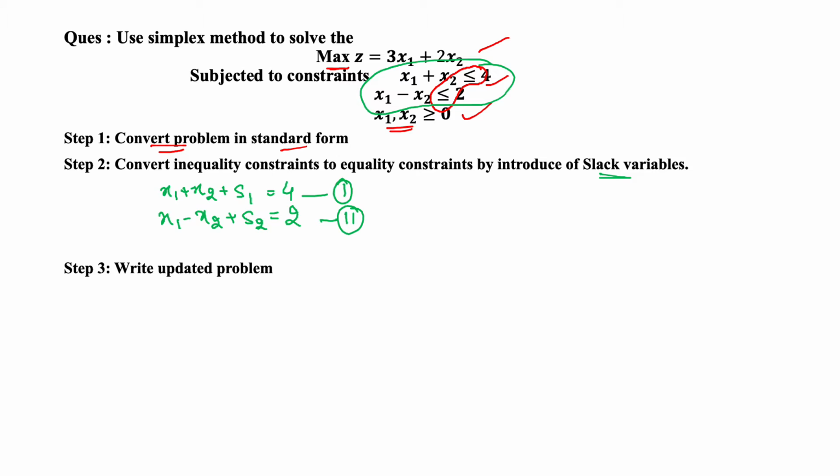The two new variables added in my constraint equations should be reflected in my non-negative restrictions as well as the objective function. So we will see how we are going to modify it. My objective function is to maximize z. In that I now have 4 variables: x1, x2, s1 with coefficient 0, and s2 with coefficient 0. So that is my new objective function, subject to